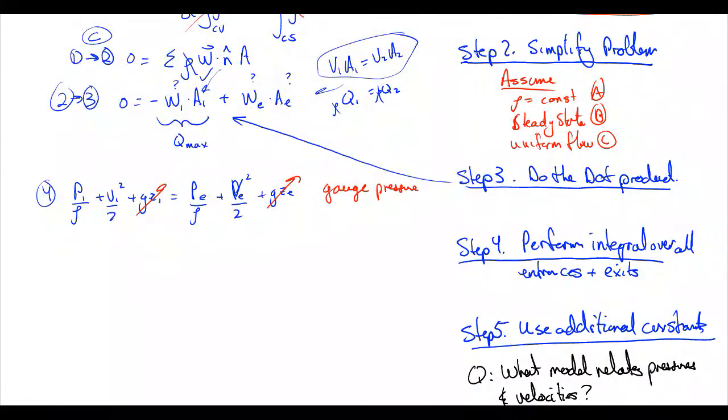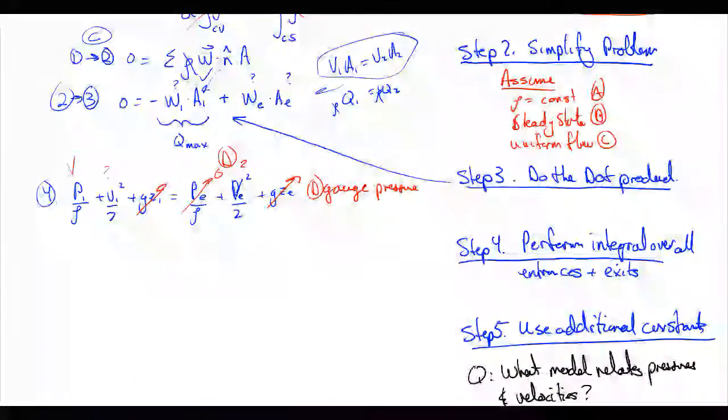We're going to assume gauge pressure, which means PE is equal to 0. We'll call this D. So PE is equal to 0. P1 we know. V1 we don't know. And VE we don't know. But we do know that because